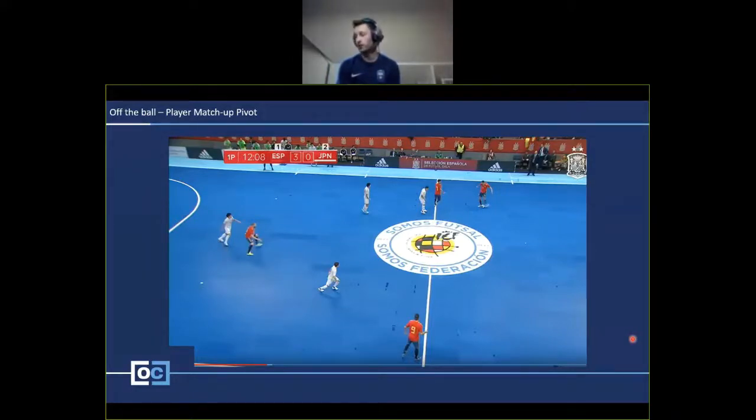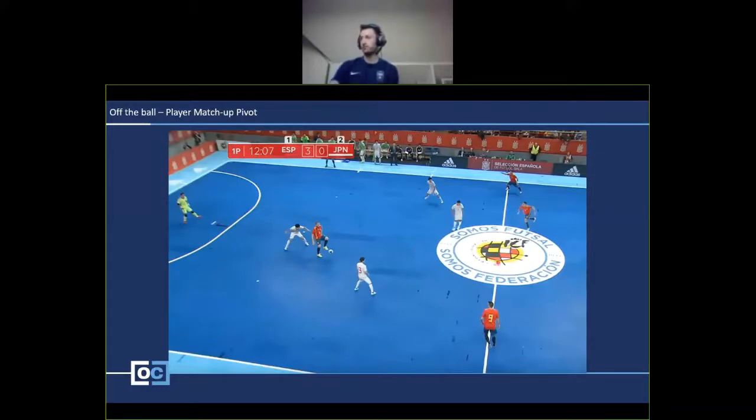He's already in front of him, so he can pin him all day. He could have probably two players coming at him, and he's strong enough to do well there. Spain have done a bit of a rotation probably beforehand to create this space, and Aicardo's going to feed the ball in. And I can see that Spanish player is happy that Solano's in this 1v1 situation. They're happy with this matchup. Yeah, they're going to come and support, but they're pretty confident he can do something in the scenario.